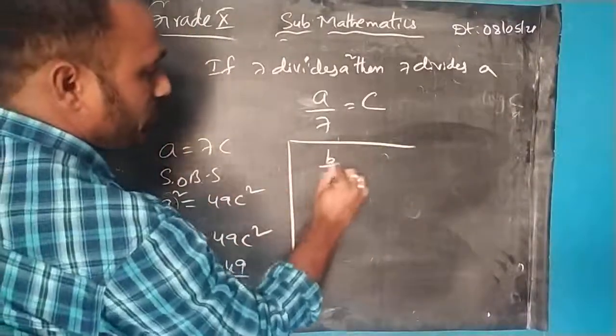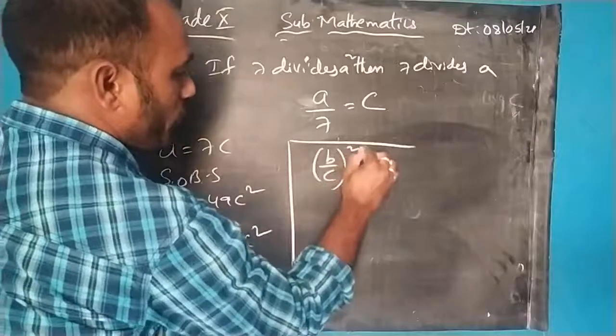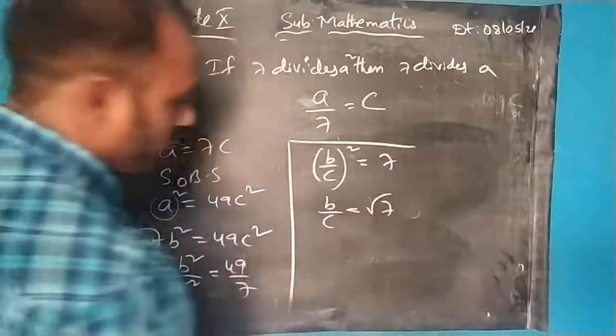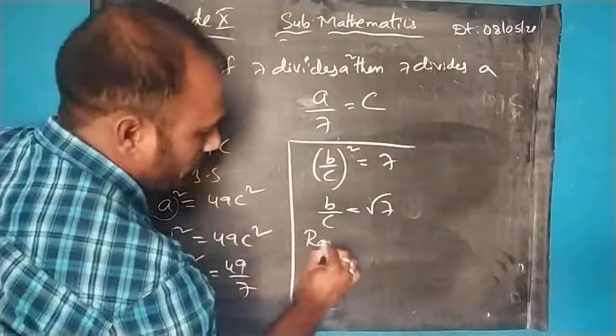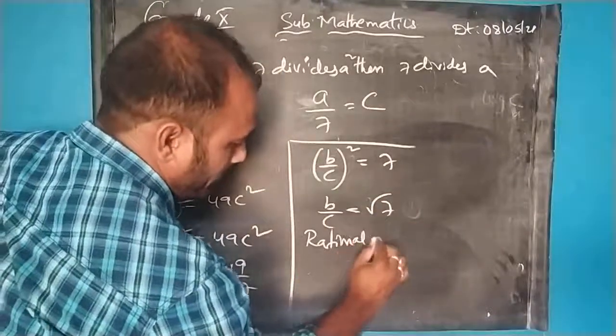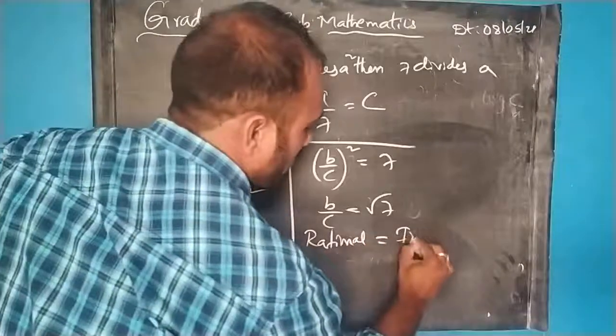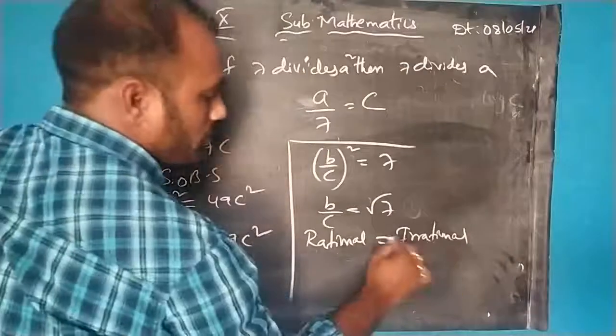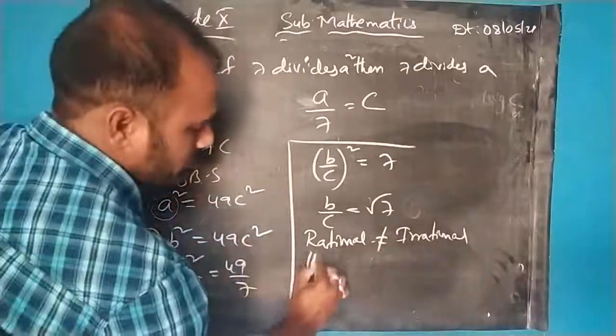So b by c whole square is equal to 7. B by c is equal to root 7. So this side it is a rational number, here it is an irrational number. So a rational number is not equal to an irrational number. Hence,